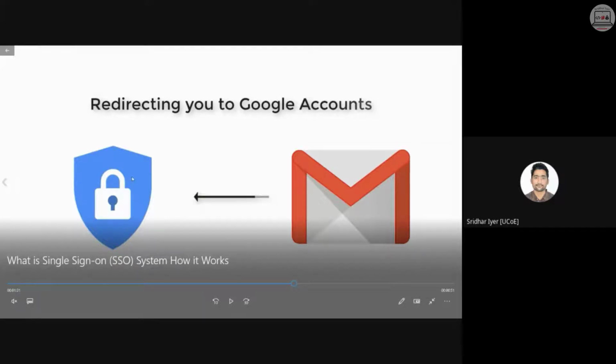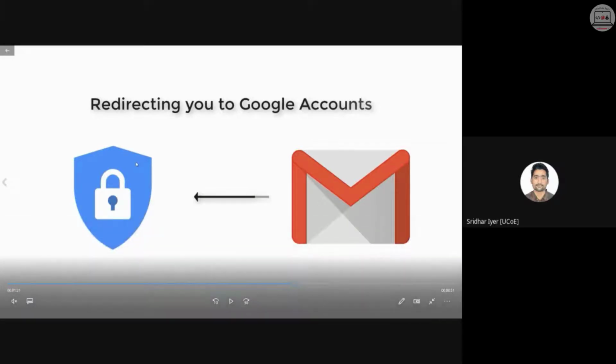Correct. So the cookies are transferred to all the apps which are under Google. Whenever I'm accessing any service from Google, Google will intrinsically share all the cookie values with all the Google applications. But if I want to use the same cookie on Facebook, that is not possible, because these are two different organizations.